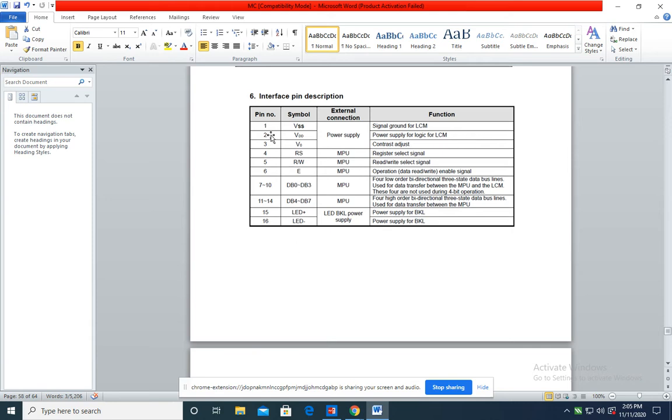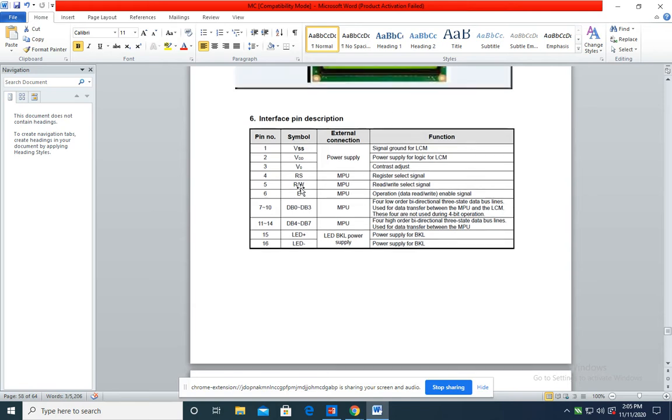So these are the important pins of the LCD that should be interfaced with the 8051 microcontroller. Now all pins are not necessary to interface. We can connect only 11 pins of this LCD to microcontroller port pins for displaying alphabets, numbers and characters.